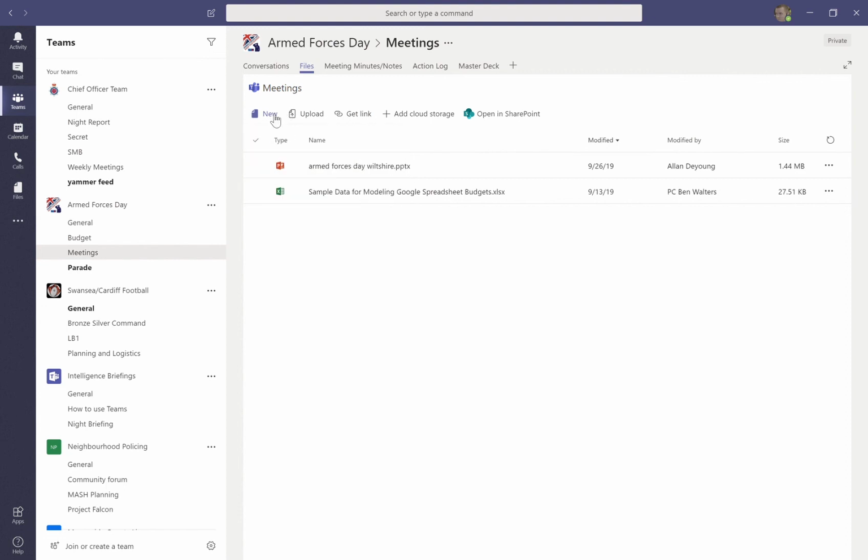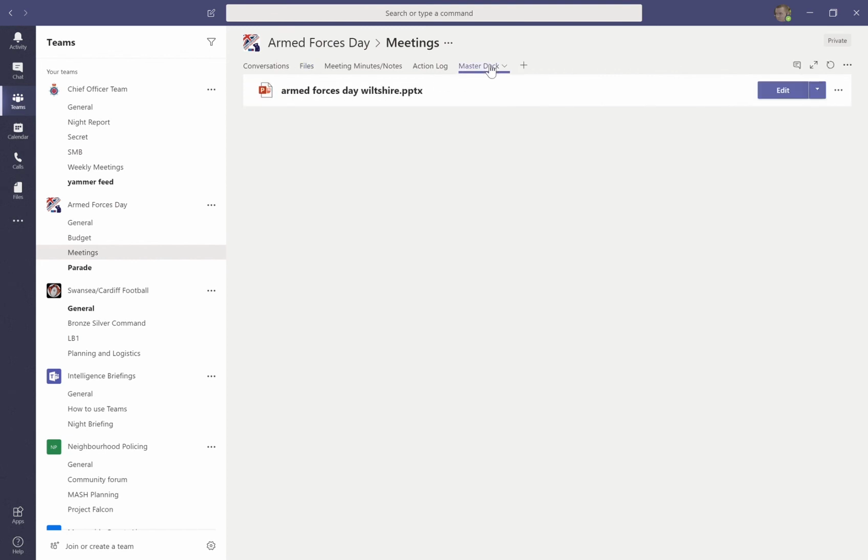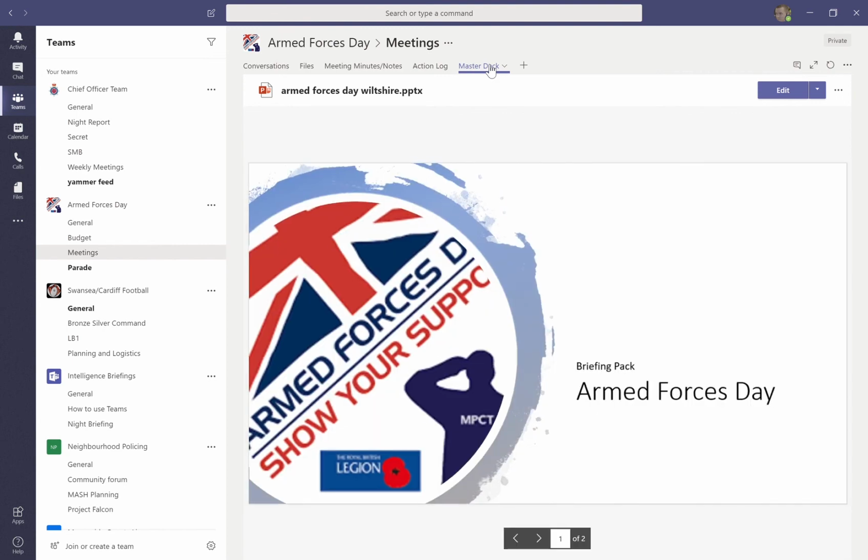Now what I've actually done, because we've got a master deck that we use all the time, is pin this to the top here, because it's really important. Lots of people need to know where it lives, so it just makes it super easy to find if I pin it at the top here. Now what you can do from within Teams is you can